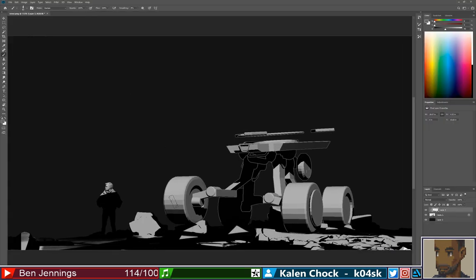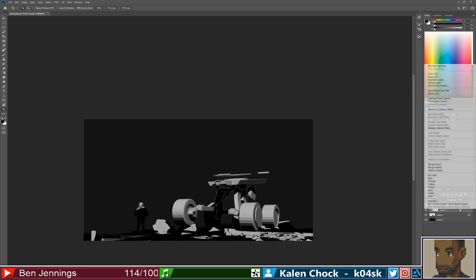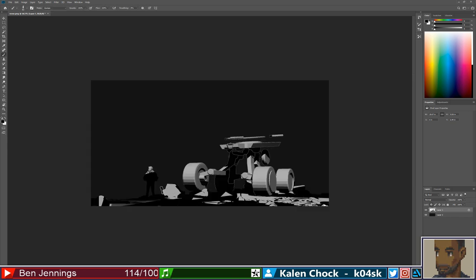So if I do end up doing that, then we do need to put it on a darken mode, which we'll have to just merge down, I think, in order to get that.